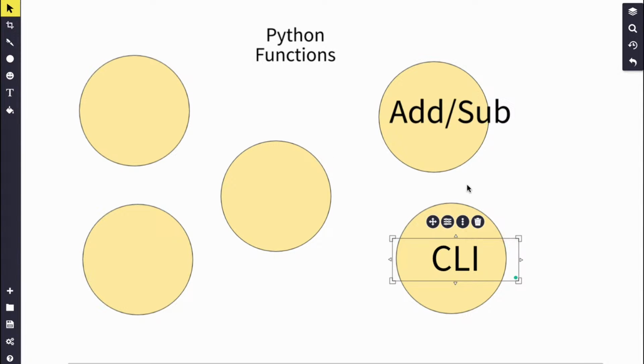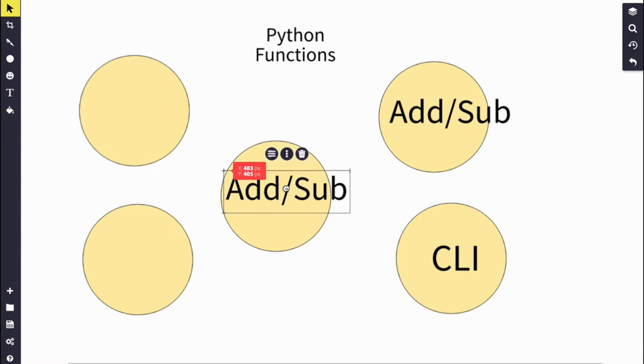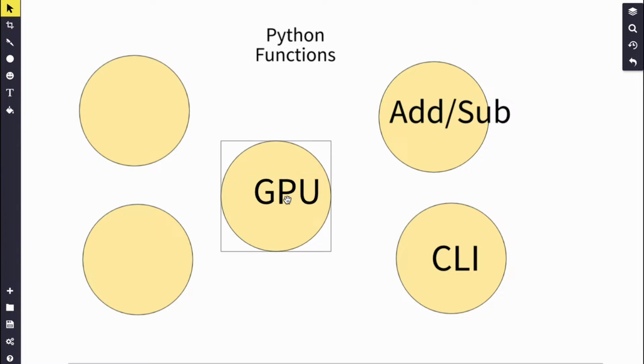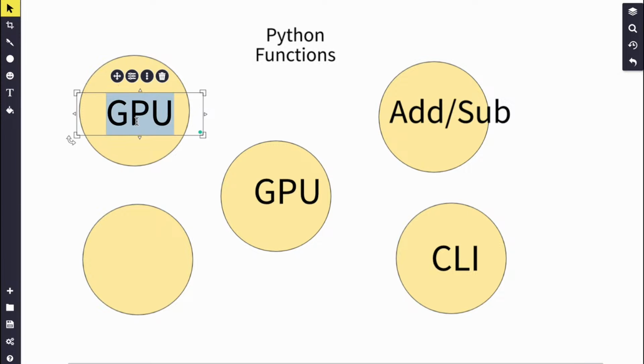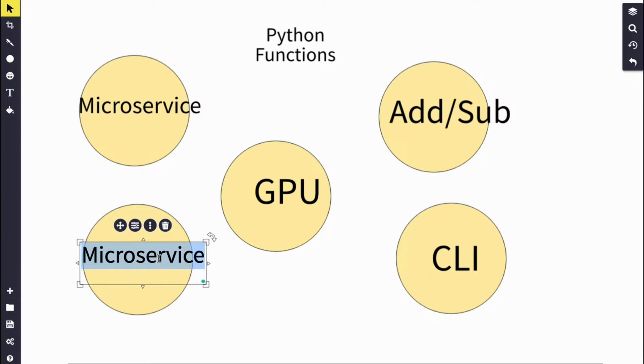Here's another thing you can do with a Python function. You can also build out GPU logic. So if you wanted to do highly parallelized work, it really is just a Python function. If you wanted to build out a microservice, it could be a Python function. And additionally, if you wanted to build out a new form of serverless, it's just a function.